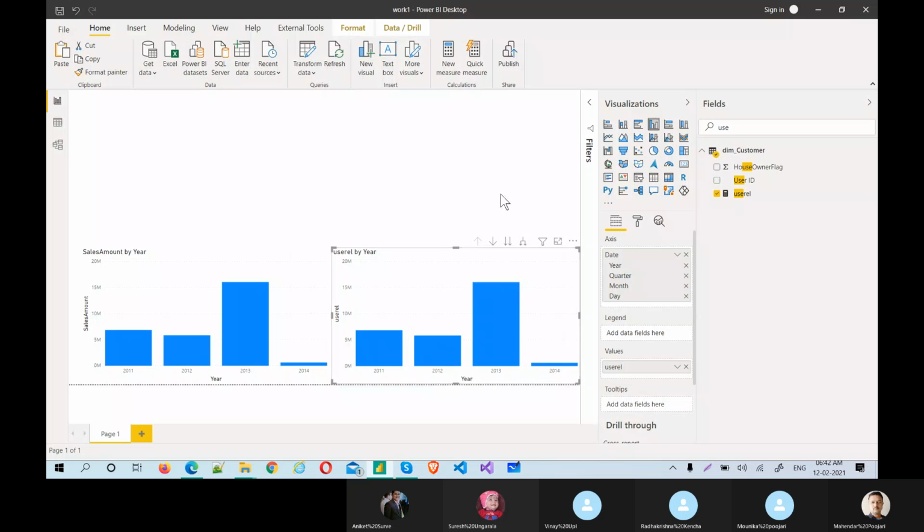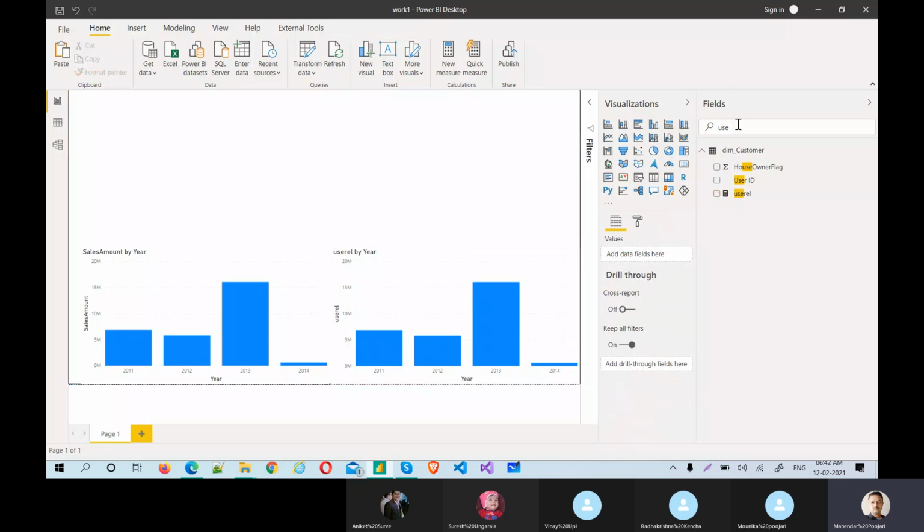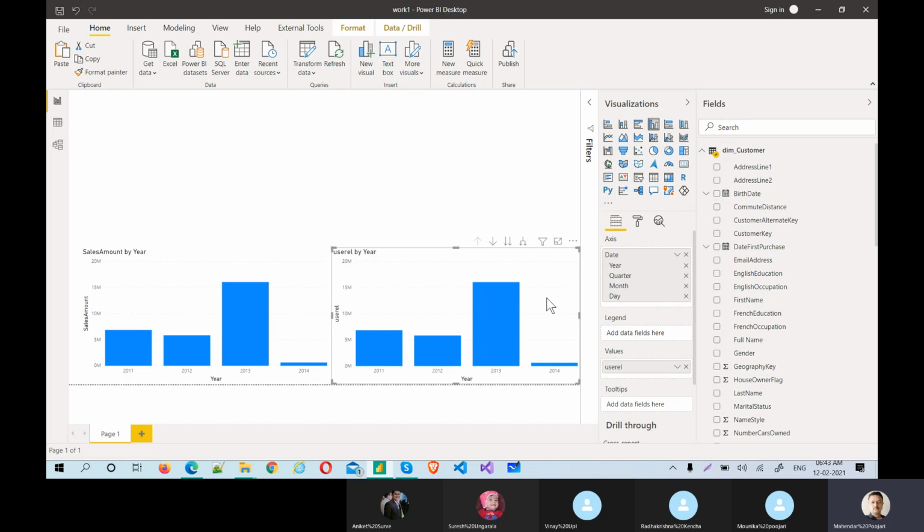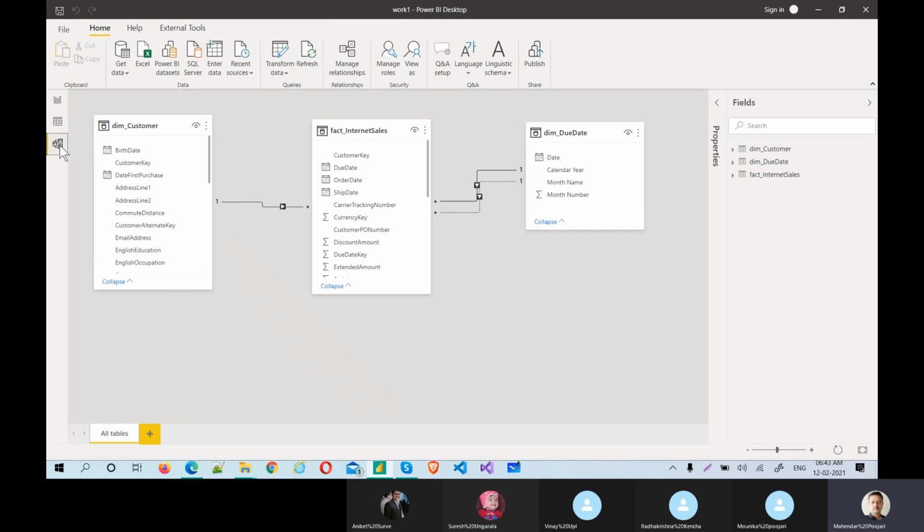Okay, we'll come to this anyway. I might be making you confused. The intent was clear: measure versus column value. I just want to show the difference, but here I could not because of sales amount with the due date. It is actually the due amount, but every time it's a sales amount.